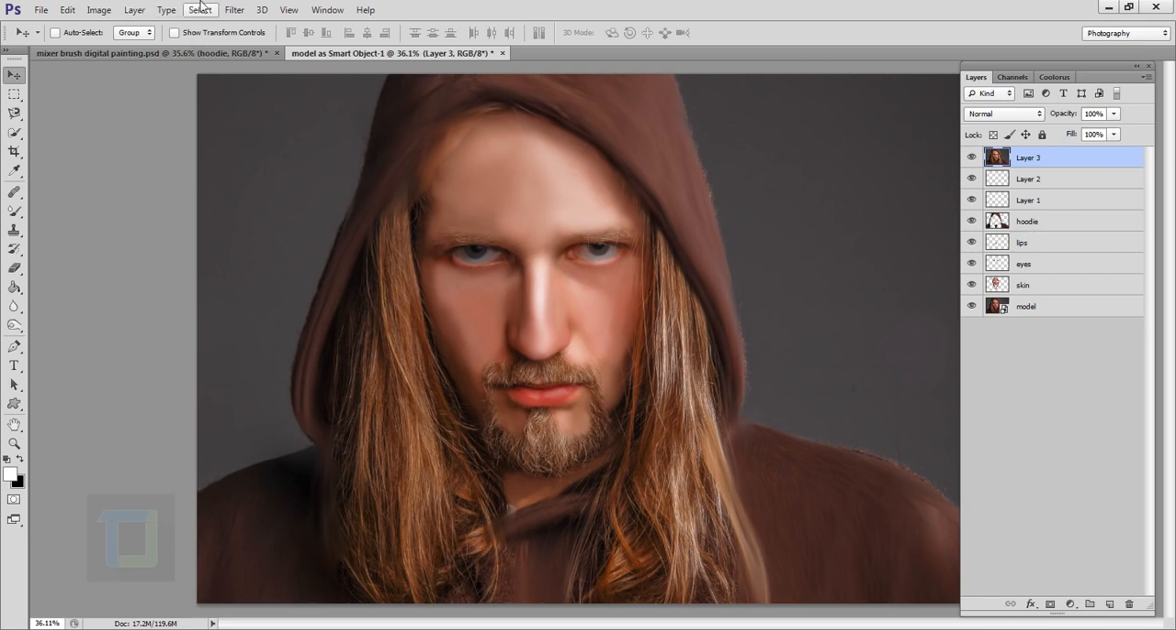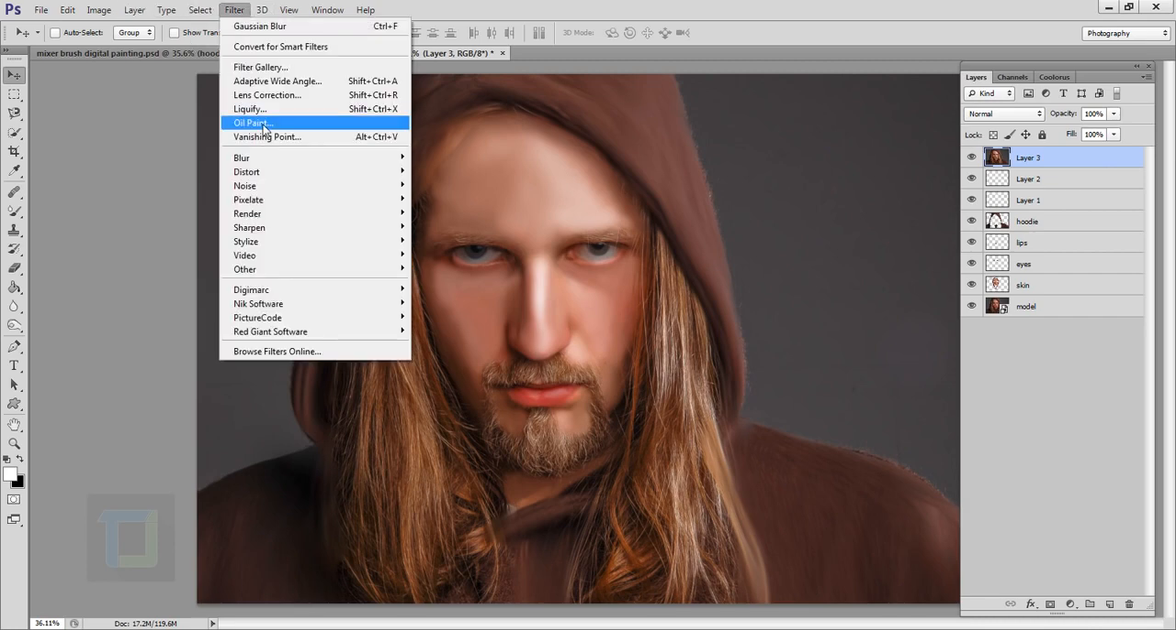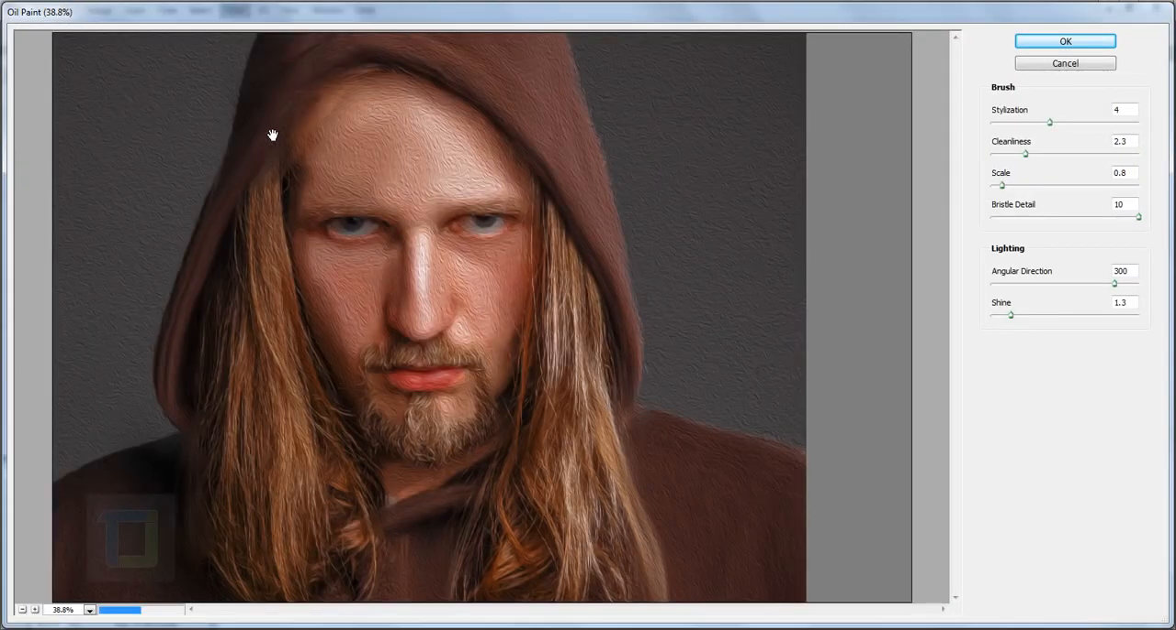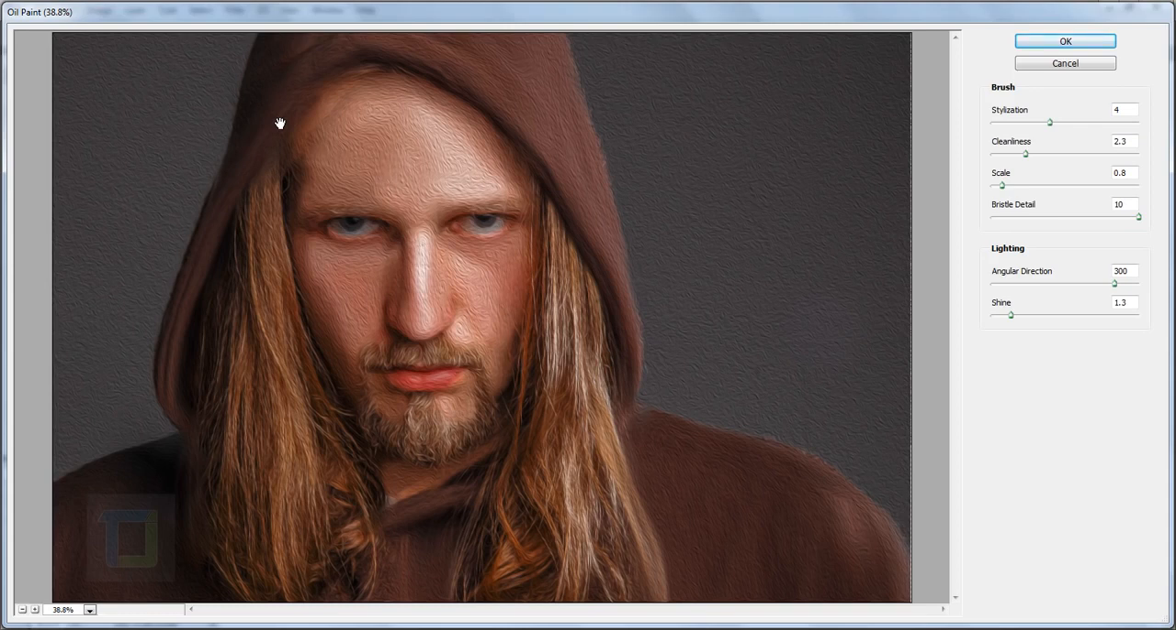Now once this is ready, you go to your filter and then you go to oil paint. Now if you don't have the oil paint filter, you can download it from Adobe's website. I will link it in the description so you don't have to worry about it. So to do that, first thing, let's go and make the stylize